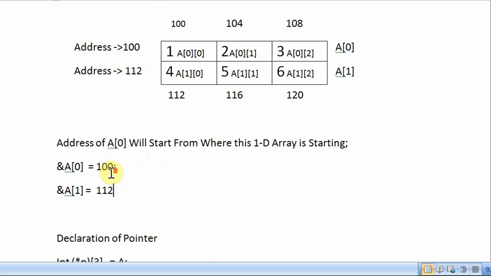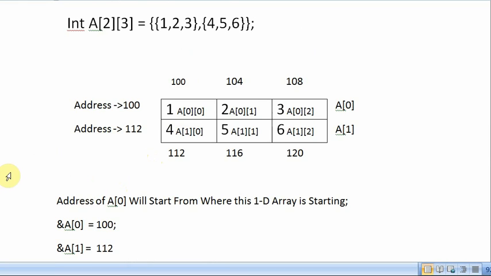So now some points: each row represents a single 1D array. In the main memory it will be allocated like this. The total number of rows in a two-dimensional array are represented by single-dimensional arrays. Meaning if there are 2 rows, then we can say it is the combination of two 1D arrays. If there were 4 rows, then we can say that this is a combination of 4 1D arrays. Okay,